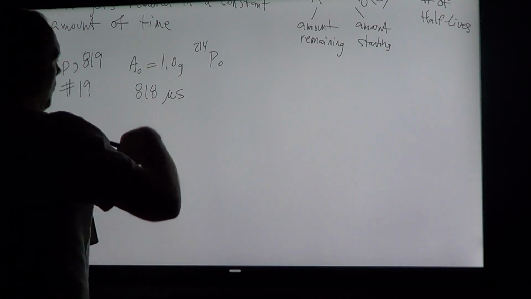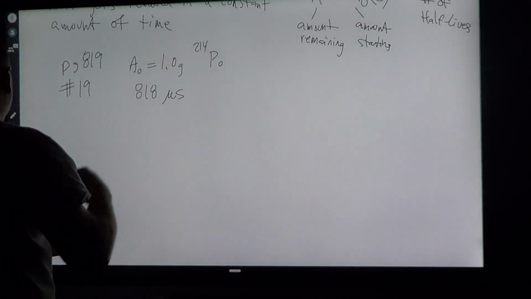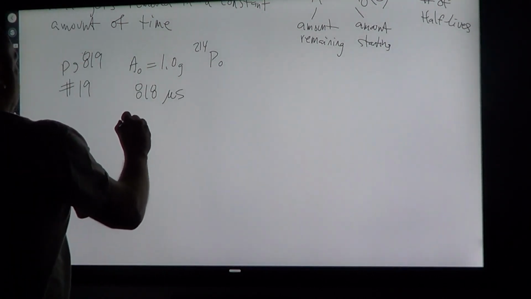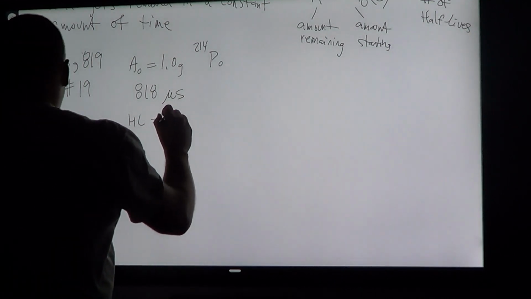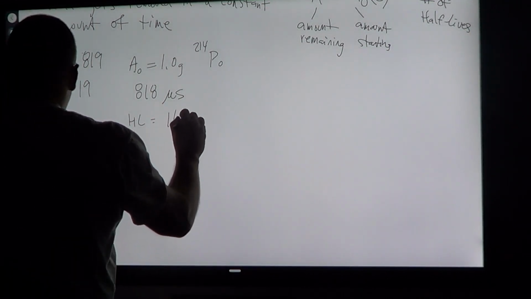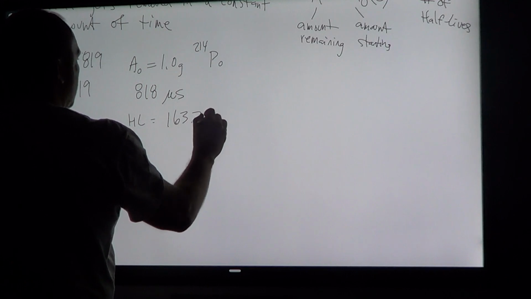On the page before, it tells you that the half-life for polonium is 163.7